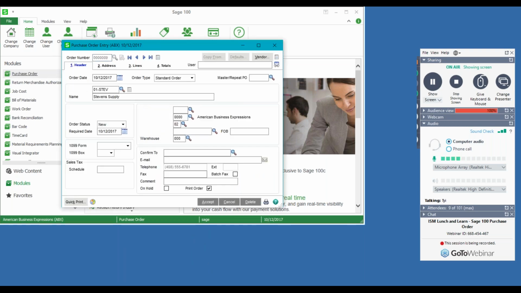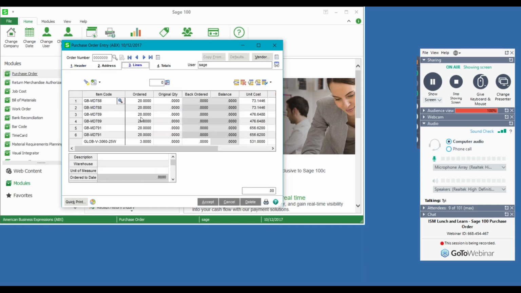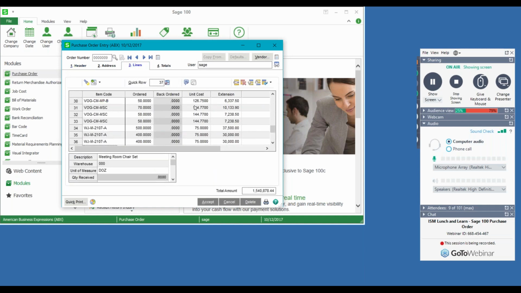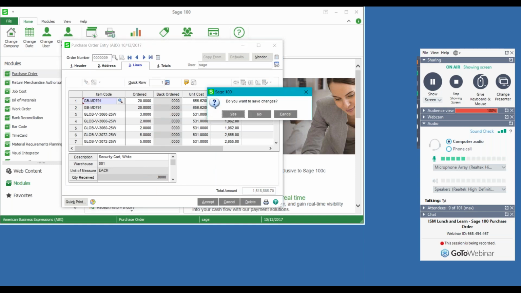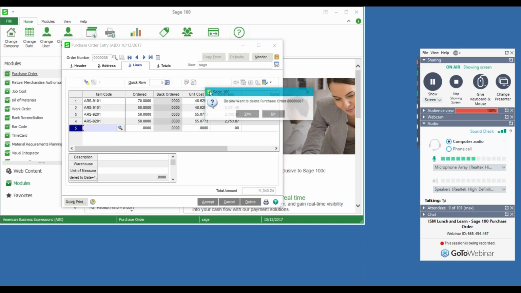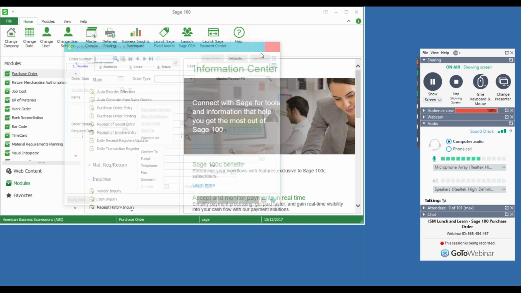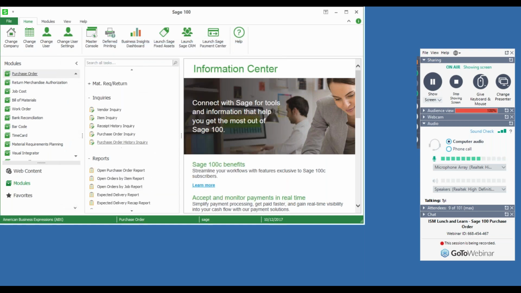And we'll pull up purchase order number 9. Let's go to the very top since there's a lot of orders in this one. We're just going to delete the first few of this one, and then we're just going to delete this purchase order. So now if I go back into purchase order history inquiry,